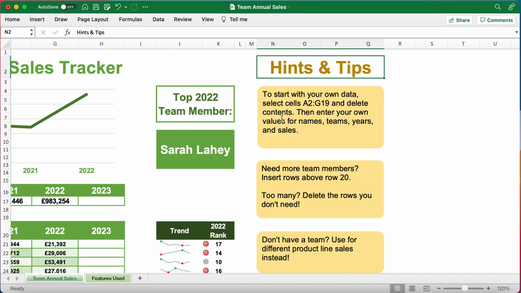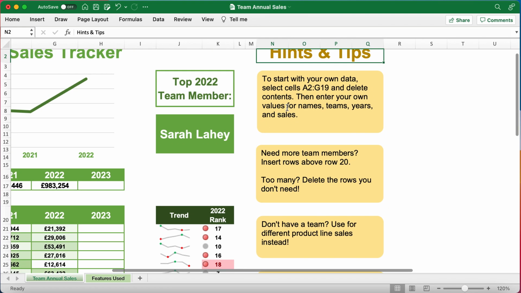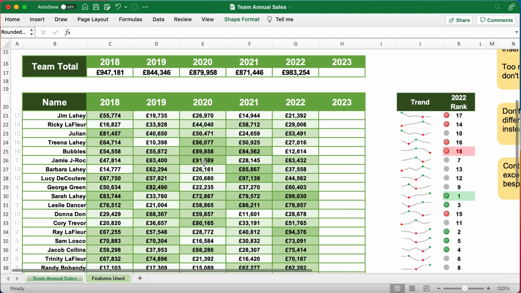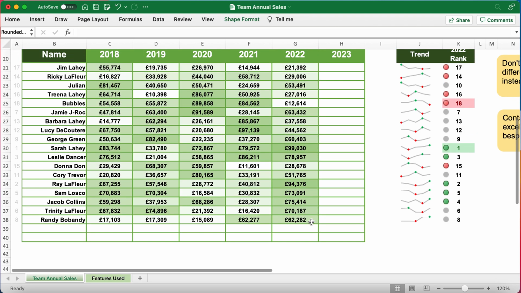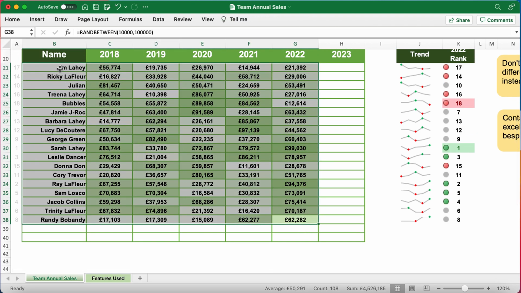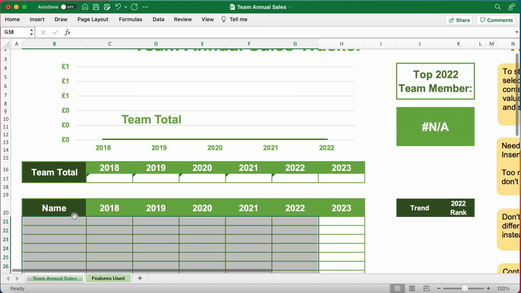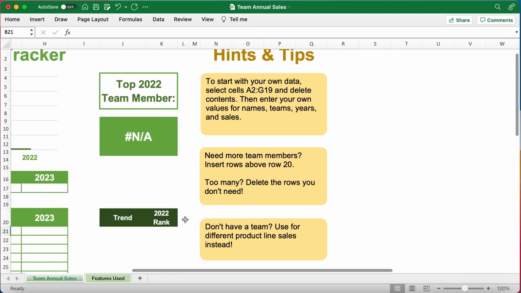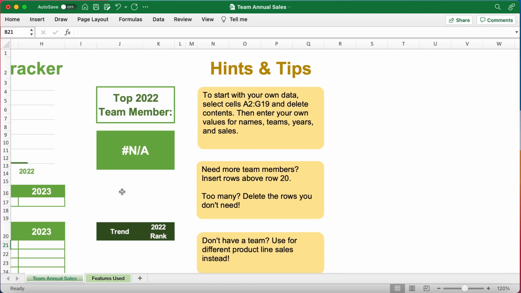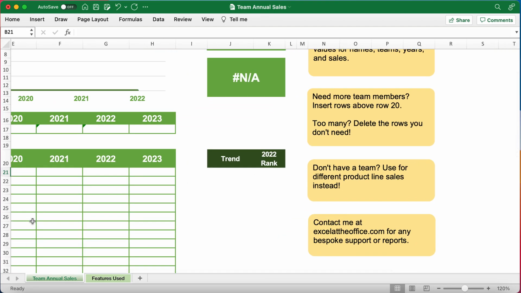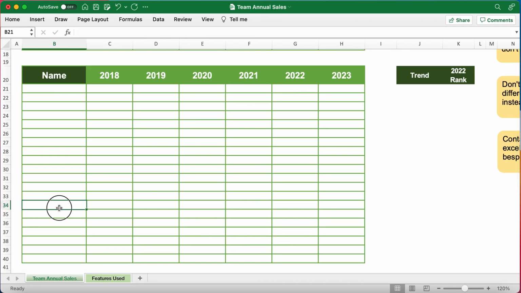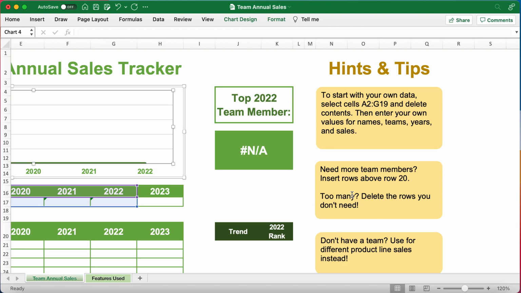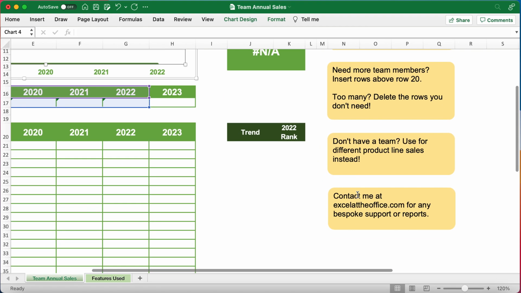But for now, I've added some things in here. These are simple shapes with text in them, and what I've suggested you do is completely delete all this data and enter your own values in here, and that will change according to what you enter. If you need more team members, you can insert rows above here, and that will automatically get calculated in this chart above,